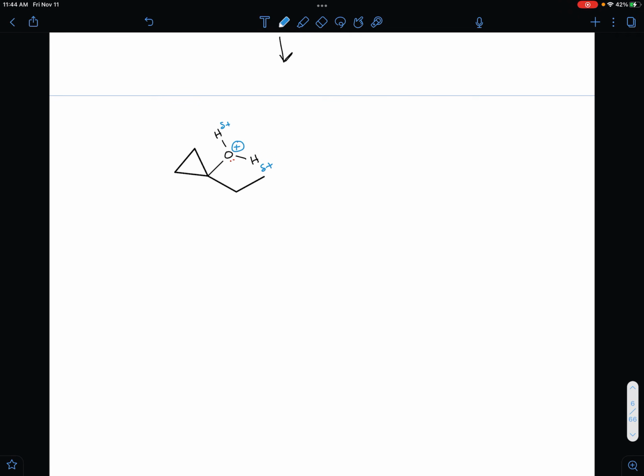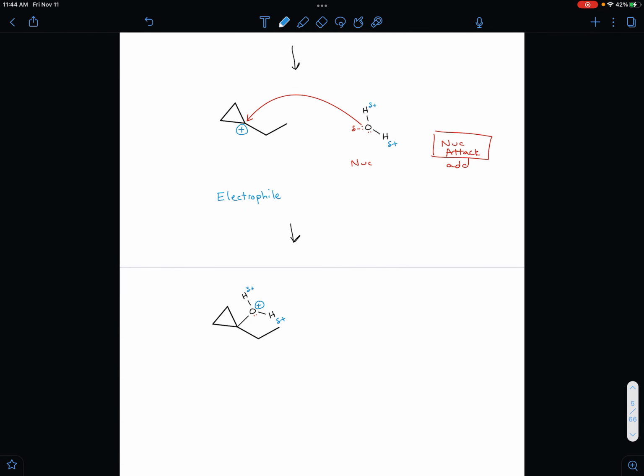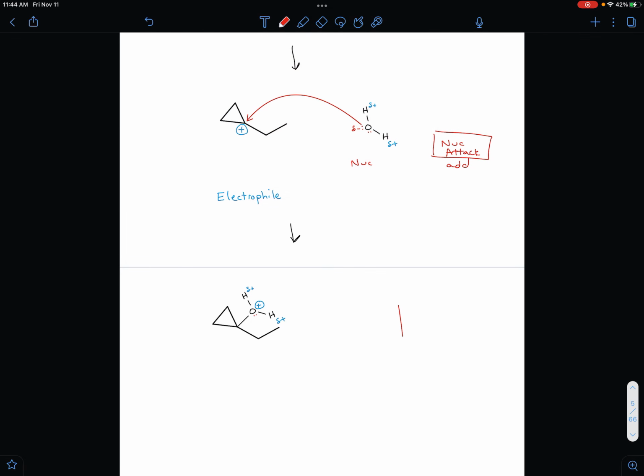And so we have to change the stability of this. We have to hit the brakes. We have to make this stop reacting. And in fact, we should have seen this sort of need to do a proton transfer to change the stability of this. We should have seen that coming,